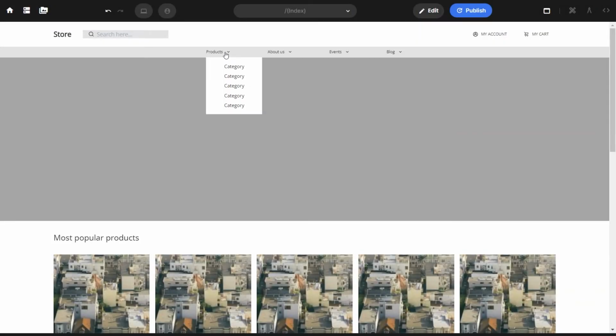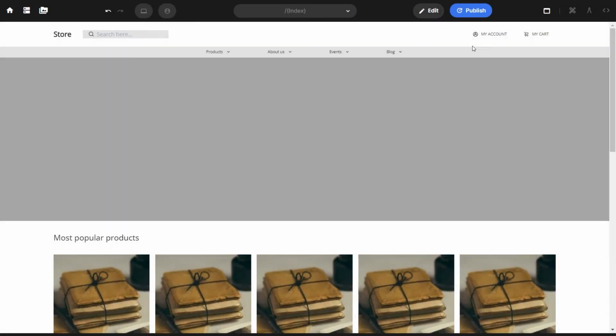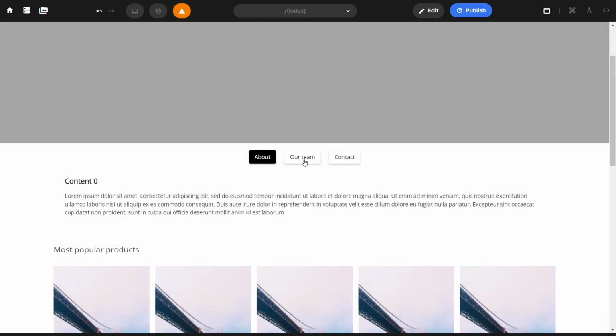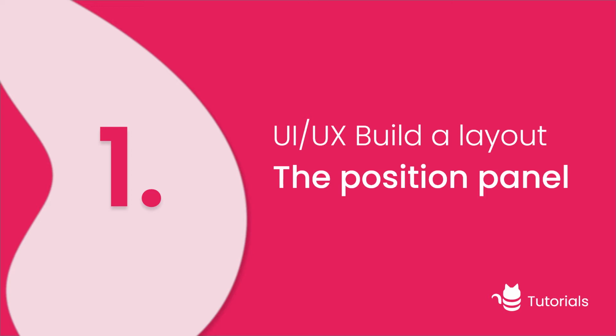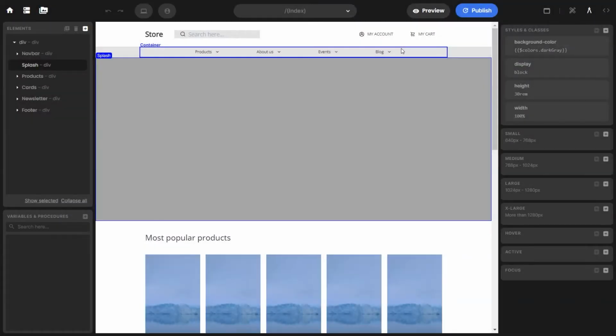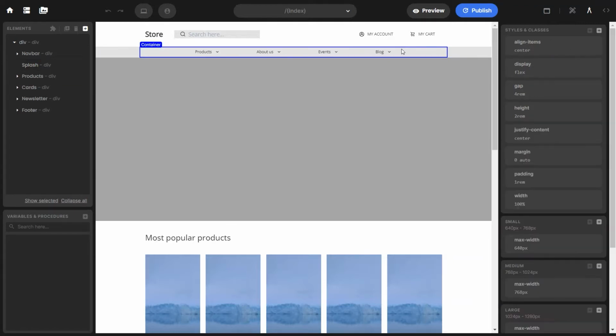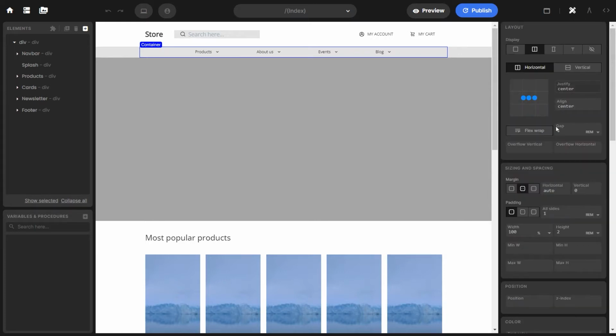With this tutorial, you'll learn how to create functional and interactive modal menus, pop-up windows, and tabs in your canvas. The position panel will be particularly useful for this tutorial. You will find it each time you select an element and then go to Design mode on the right side